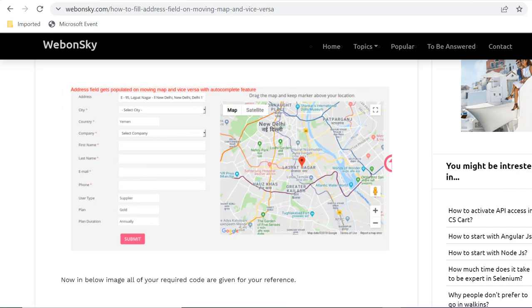You have a text field, you want to write some address in that, and with the suggestions you choose any one of them, and as soon as you choose it, it reflects in the map just beside your text field or address field. And this is the one scenario, and the other scenario is